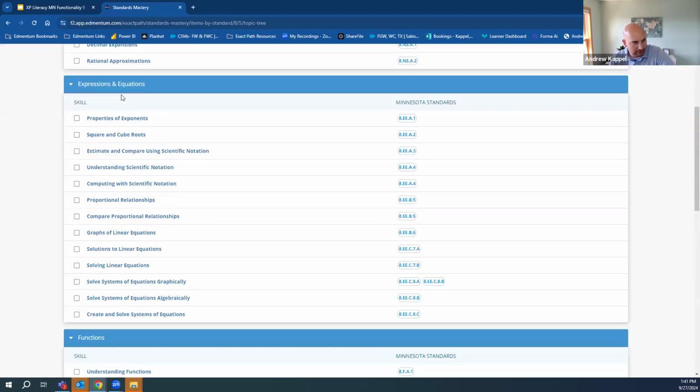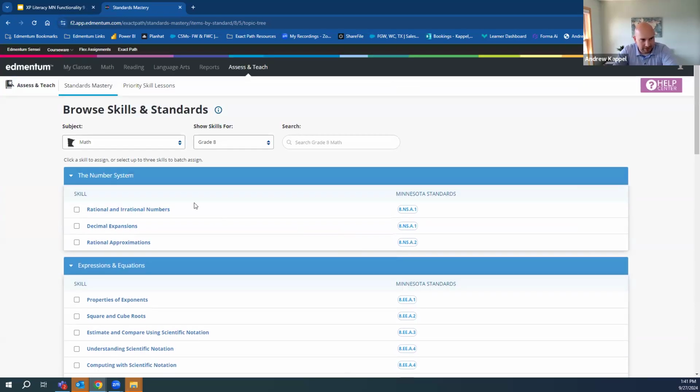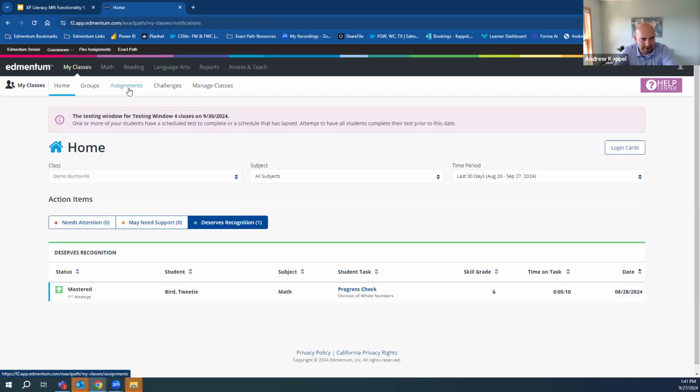And so if you were really looking into an 8th grade standard and you wanted to assess a student on square and cube roots, this will provide them a 10 question set around that standard so you can get an idea of where their proficiency is on that standard. So that's a really nice third data point, per se, if you're using both the diagnostic and the TABE data to look at. But again, these standards mastery are simply just the assessment portion, where your skill lessons are actually the lessons in the instruction. To see the results on either of these, it's back under My Classes and Assignments.